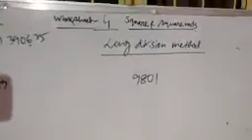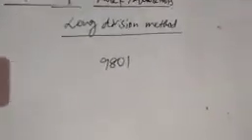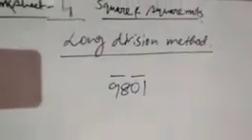The first number is 9801. Clear? In the long division method, for square root, we will choose two digits at a time starting from the right side. Listen carefully. So the pairs from the right side are 01 and 98. Clear? Then we will take the square root of this. So 98 is the first pair.